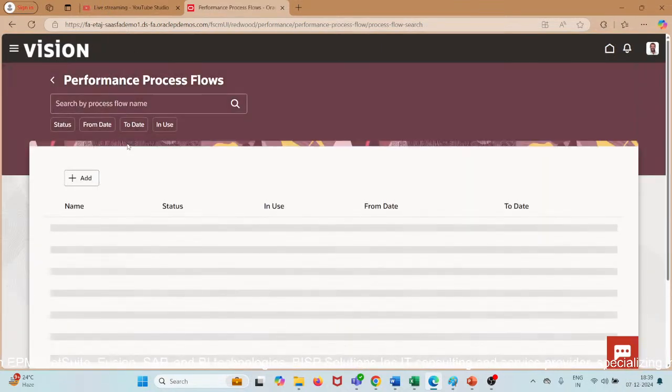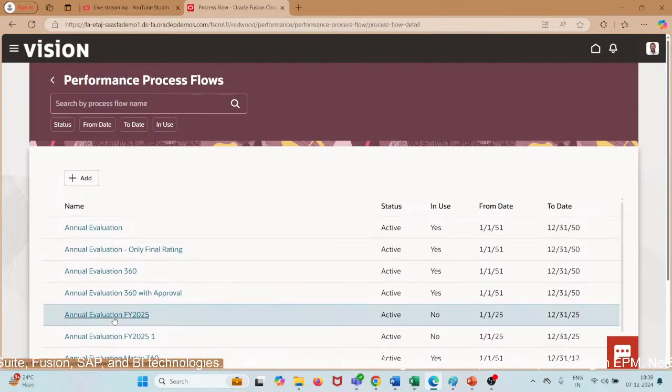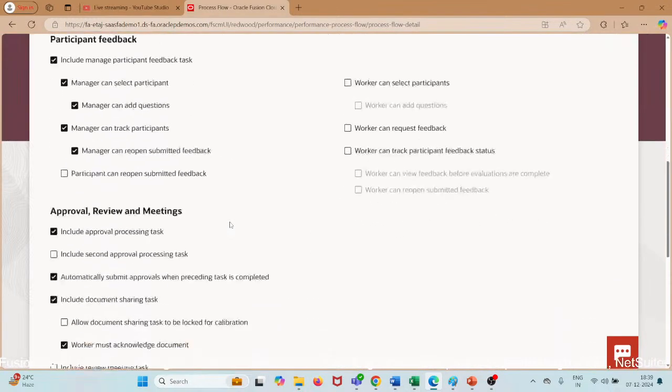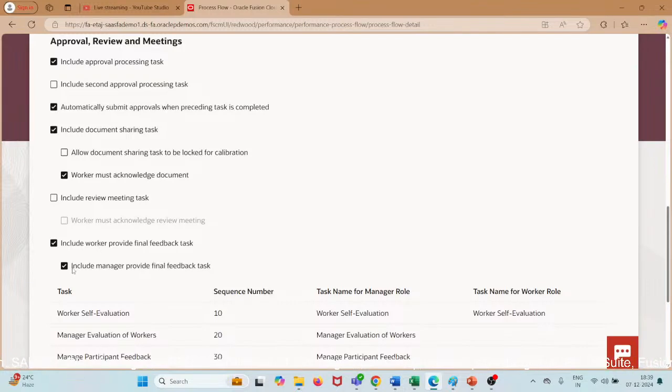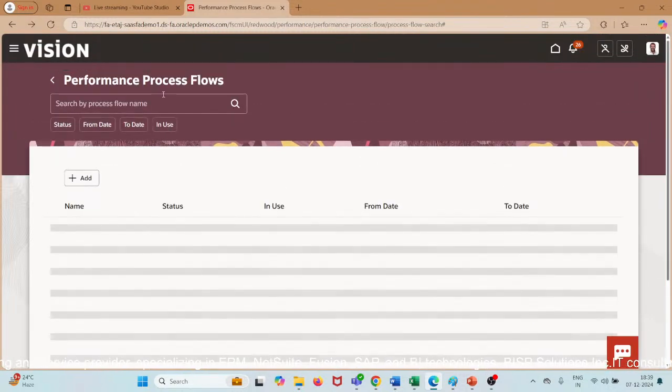So you need to define that in the process flow. We have already done that. Let me open and show you now. So include the manager provide final feedback task. Then we need to have a section for it with a section type. For each task we need to create a section type, as manager final. So this will be created in the